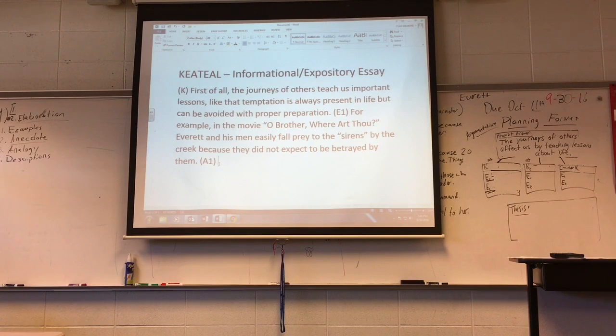So I'm going to go into and explain, and if I ever get stuck on what to do with an analysis, I can always use a phrase like this demonstrates, this shows, this indicates. And when I say this, I'm always pointing back to the evidence. So this always points back to the evidence. So this demonstrates, and so now what does it demonstrate? What am I getting from this piece of evidence? So let me look at it again. So this demonstrates, all right, that since Everett